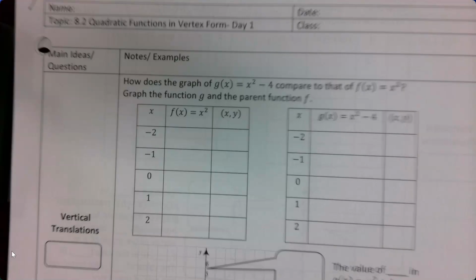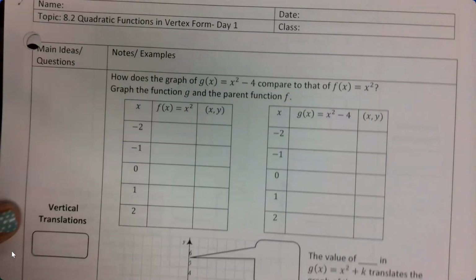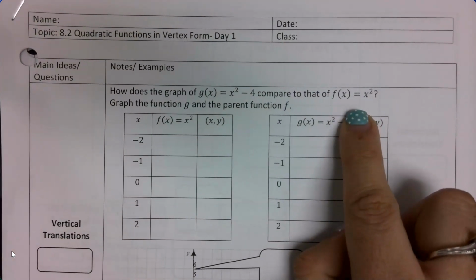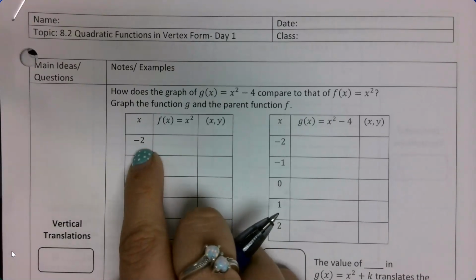So we are moving on to quadratic functions in Vertex 4. We want to see how the graph of g of x equals x squared minus 4 compares to f of x equals x squared. So remember, this f of x equals x squared is our parent function that we were talking about on Friday. So what do I get when I plug in negative 2